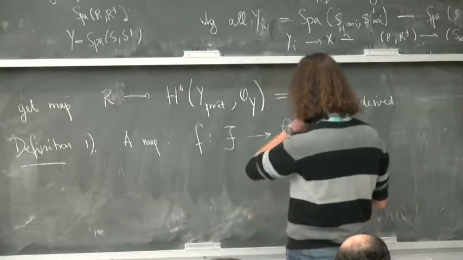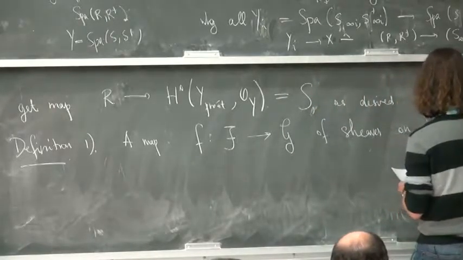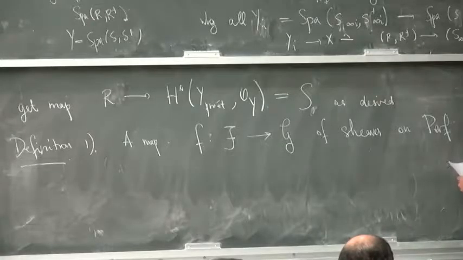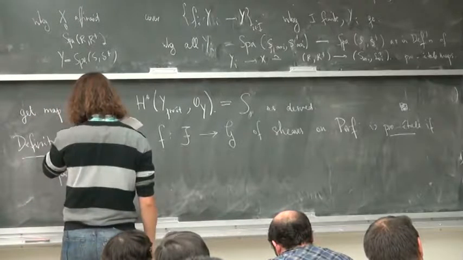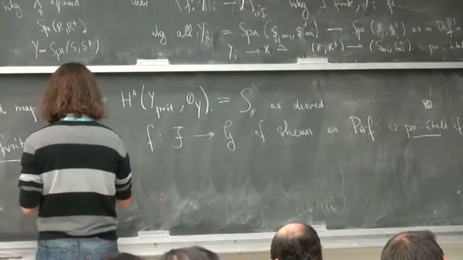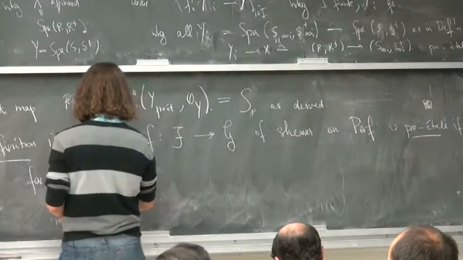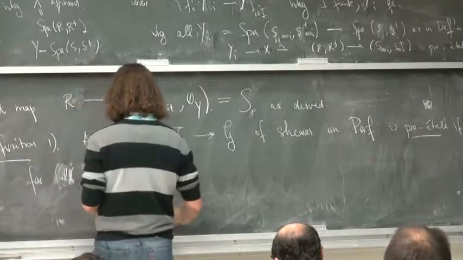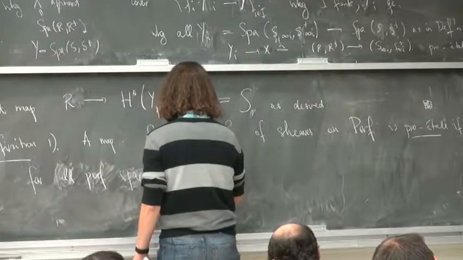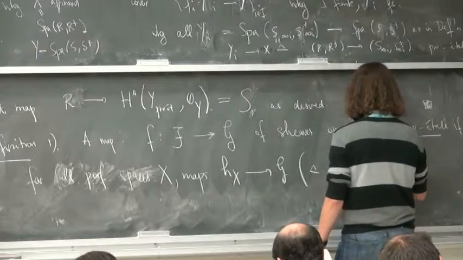And so I say that a map F to G of sheaves on this category Perf is pro-étale if, for any perfectoid space X and maps hX to G, which correspond to sections G of X,